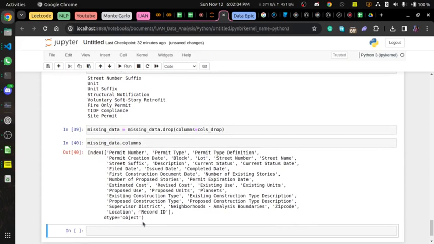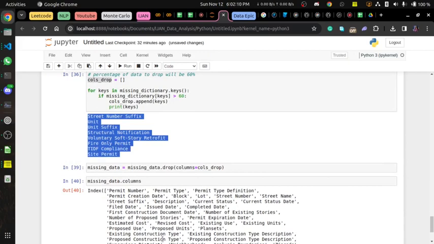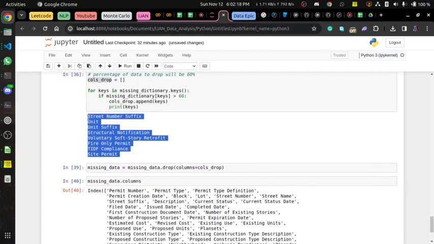Good. So if you check this now, you're not going to see this list here again. You're not going to see it here. So this is one way to drop it faster with pandas. There are other ways. I think another way to drop it is maybe if you call the columns, you store